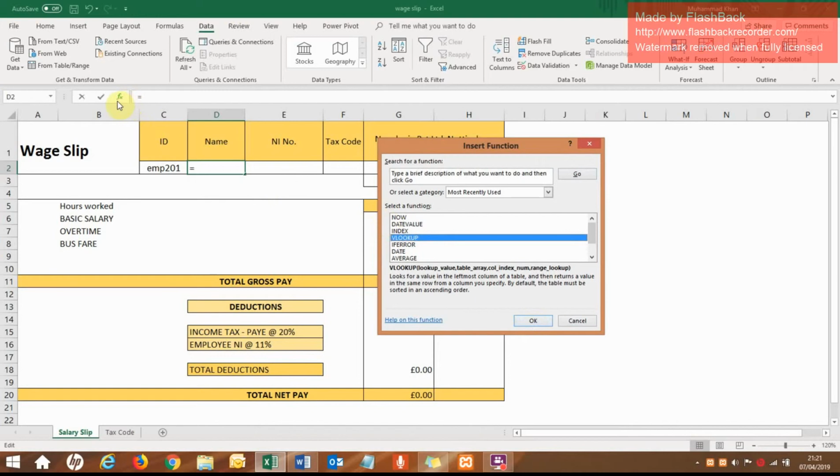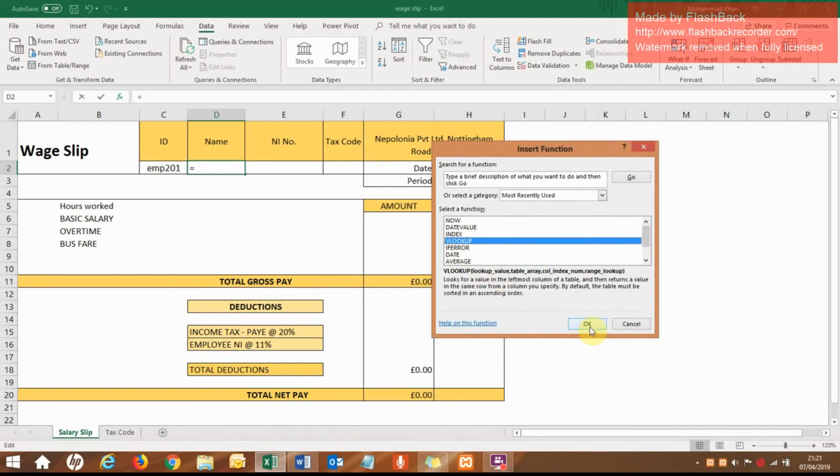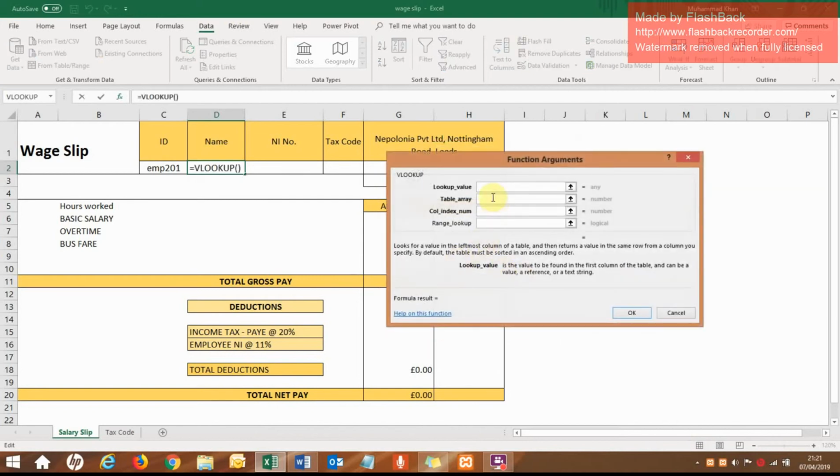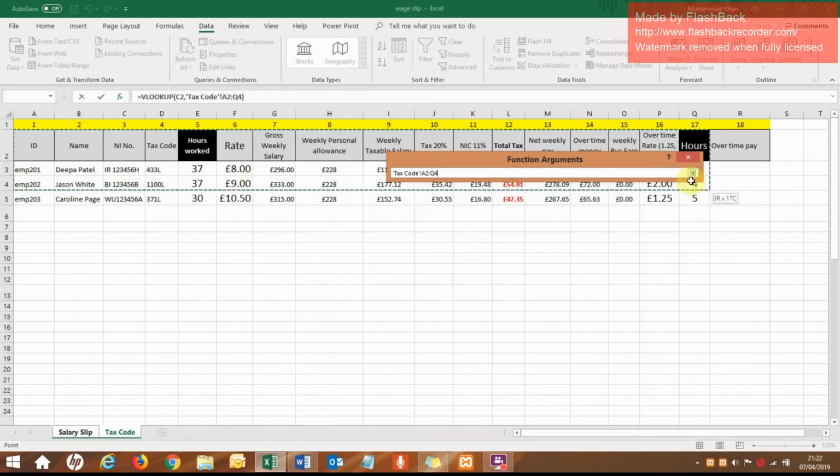Just click on the FX button here. If you click on that, this pops up, and then okay. And we want to get everything against employee ID. Employee ID is used as a primary key. It's a unique key, so that it will not duplicate any data. And then we need to fetch the table array, which is this, the whole